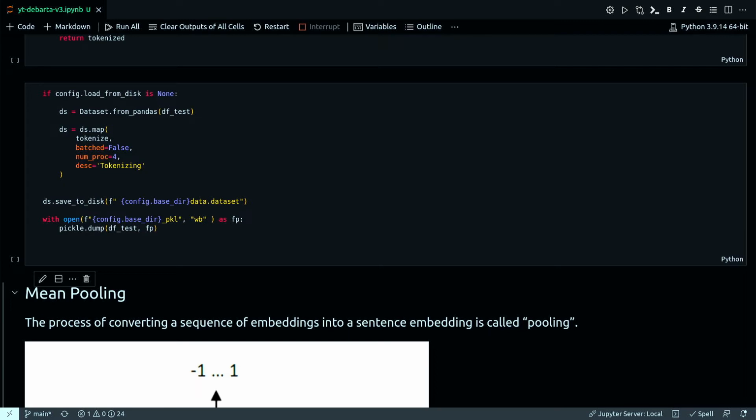So the process of converting a sequence of embeddings into a sentence embedding is called pooling. Intuitively, this entails compressing the granular token level representations into a single fixed length representation that is supposed to reflect the meaning of the entire sentence. And that's the job of pooling.